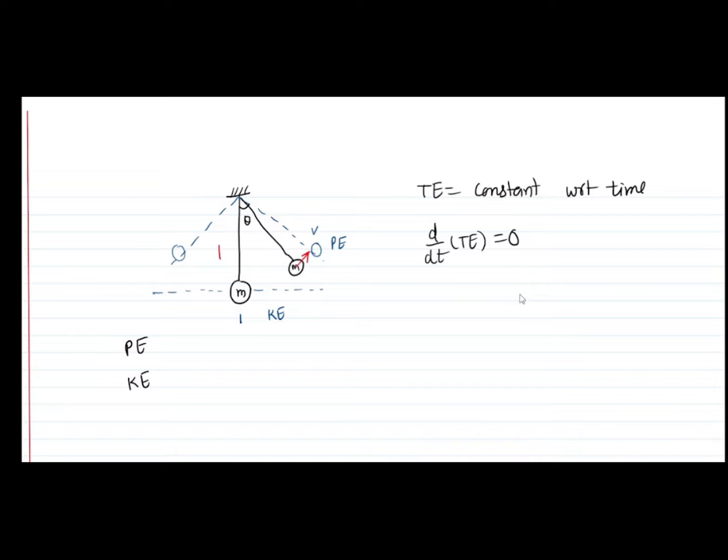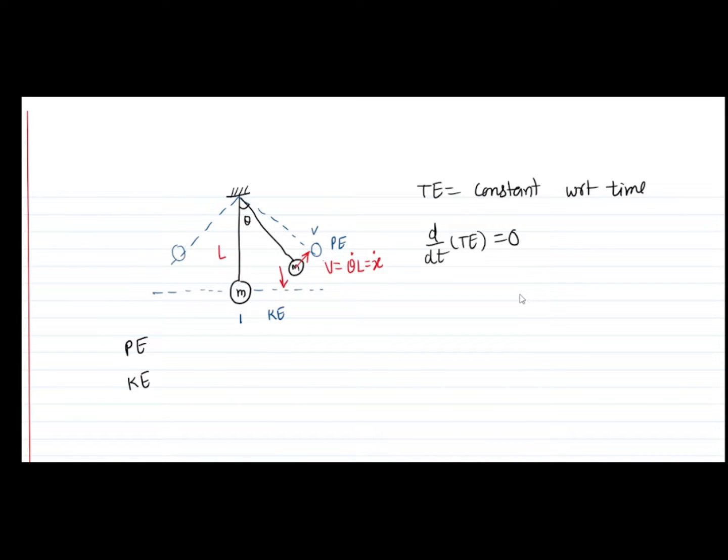If the length of the string is L and the angular position is theta, my linear velocity will be what? Linear velocity will be theta dot into L, or I can write it as x dot. At the same time,